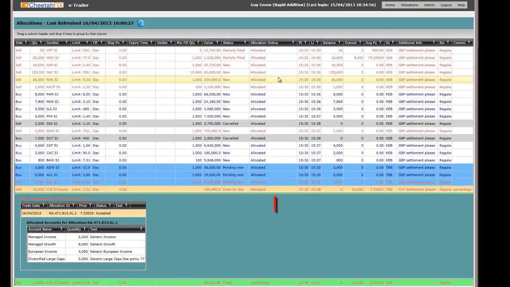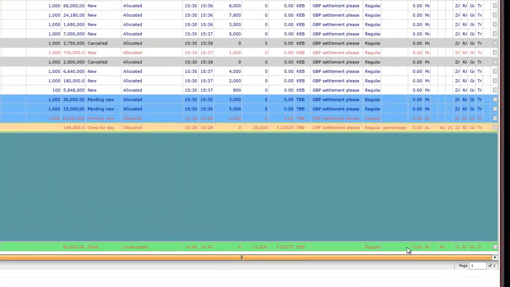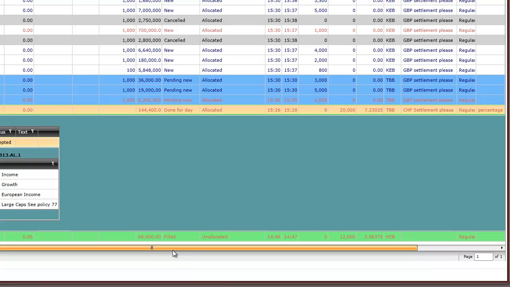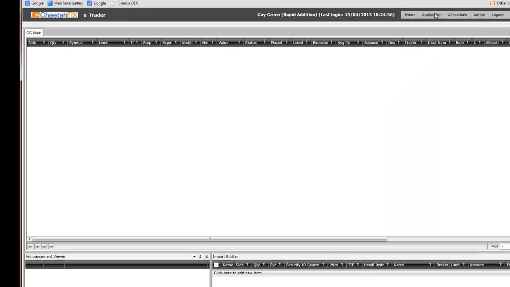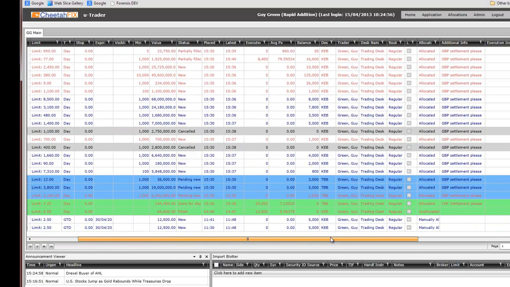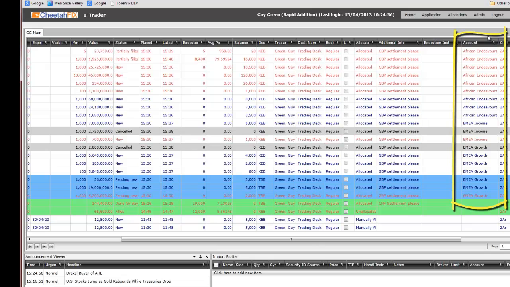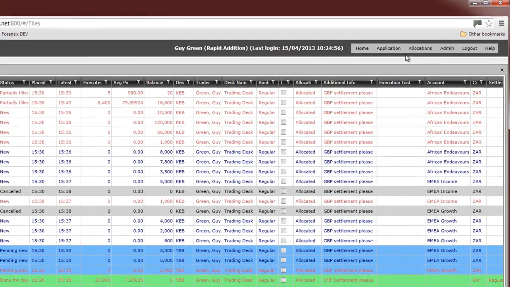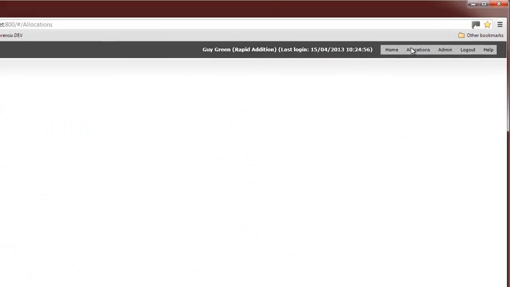Now we can see some of these orders are already in an allocated status. The likelihood there is, if we go back to the main blotter, these would have been pre-allocated before the orders were sent out. So if I scroll along here, we can see under the account column that these orders were already allocated to an account. So they've been allocated already. Let's go back into the allocations window